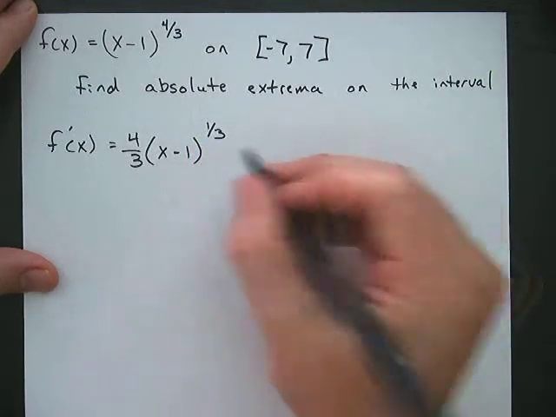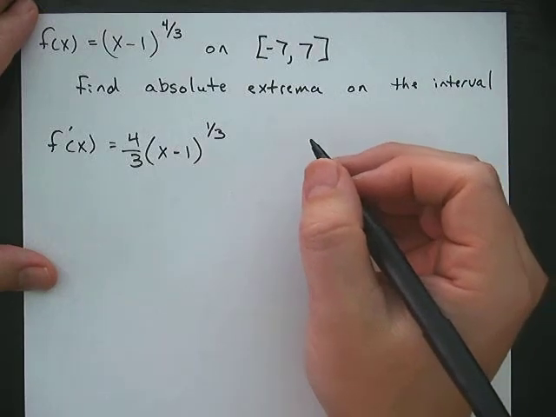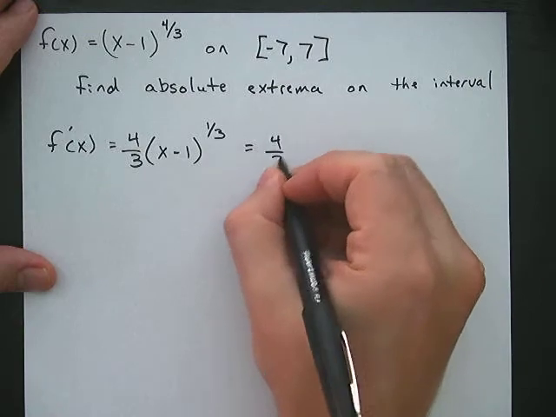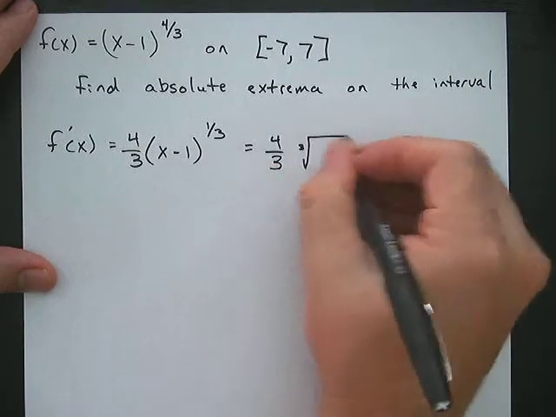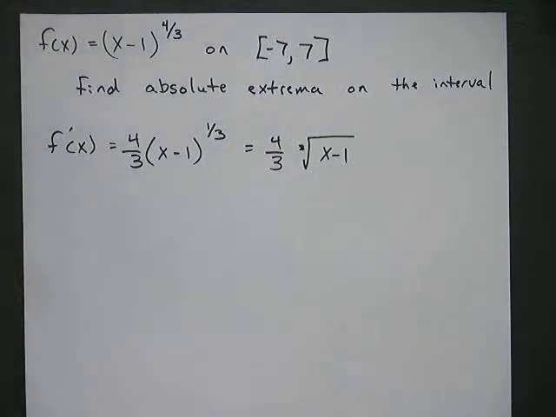Okay, so if you want to write that instead of writing it as an exponent, that would also mean the cube root of x minus 1. Okay, so you can write that either way you want. You can put 4/3 times the cube root of x minus 1. Those two things mean the same thing. Okay, so